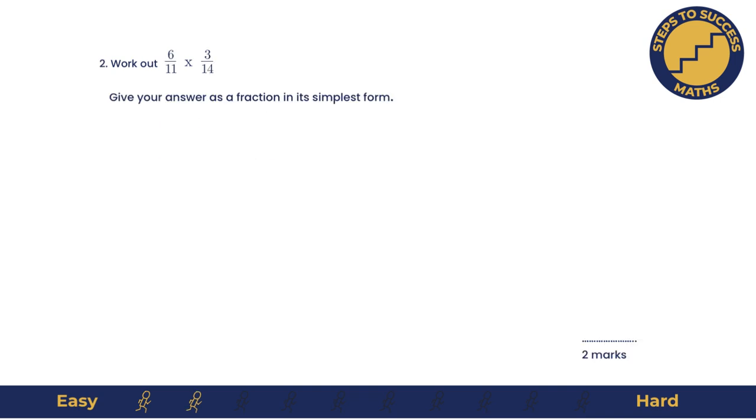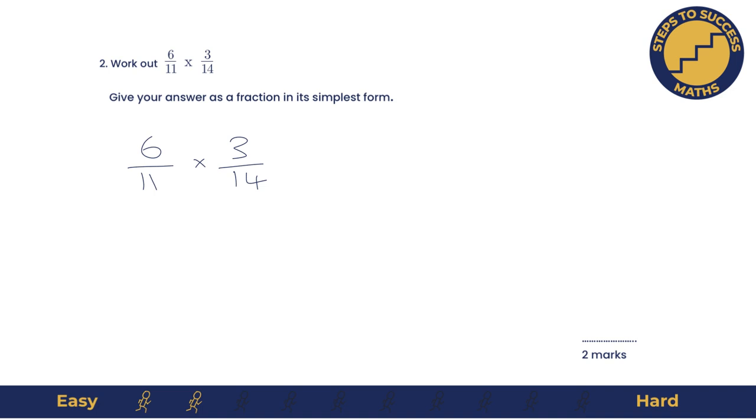Question 2. Work out 6 over 11 times 3 over 14. Give your answer as a fraction in its simplest form. Okay, so before you start this, have a look and see if there can be any cancelling you can do. So you've got to look for a number that goes into one